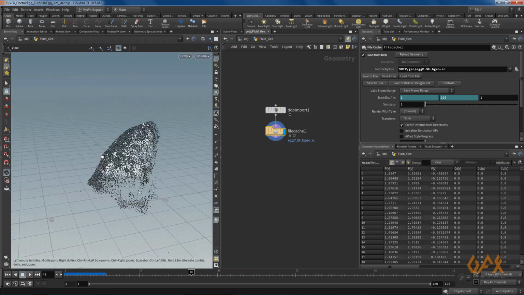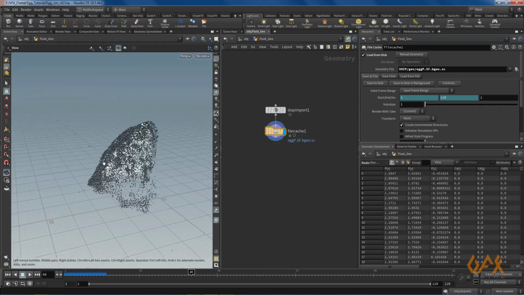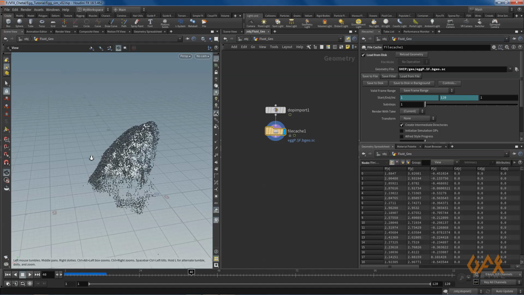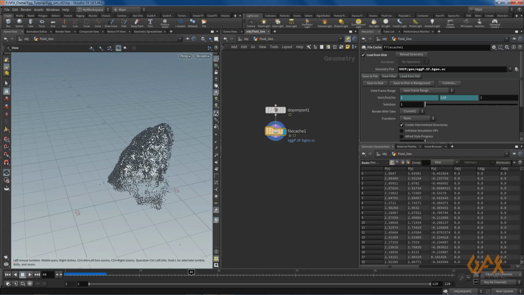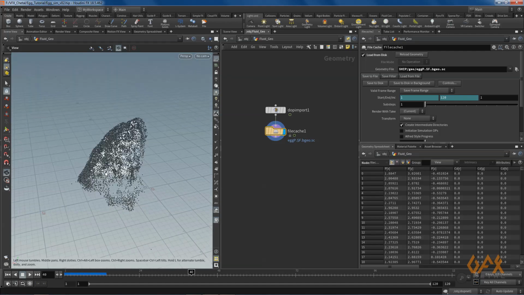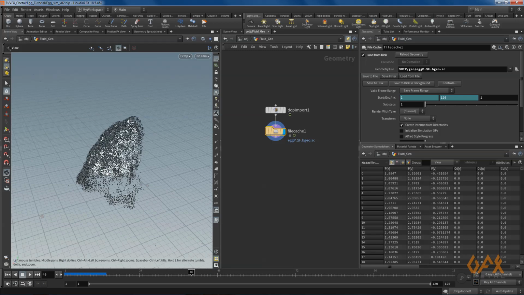So definitely there is a viscosity attribute over here, but the particle system is only one. So we need to segregate these particles.